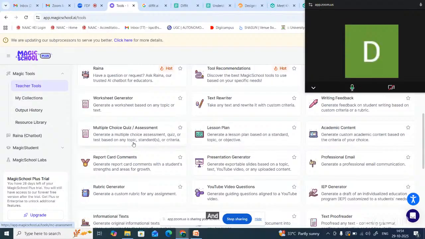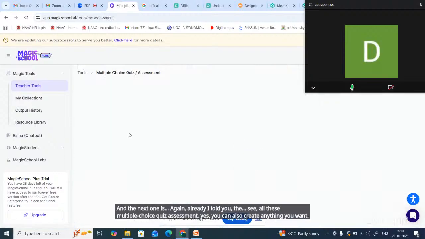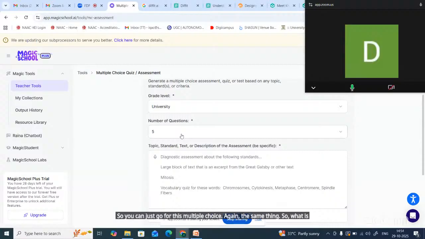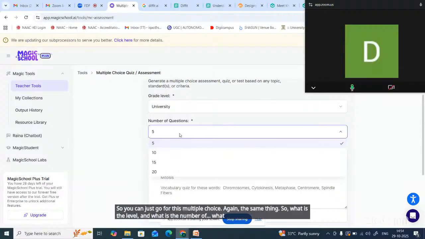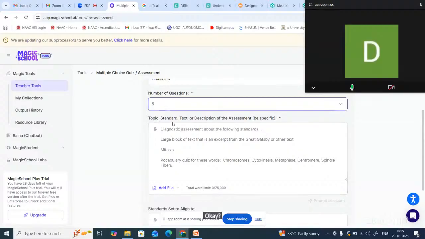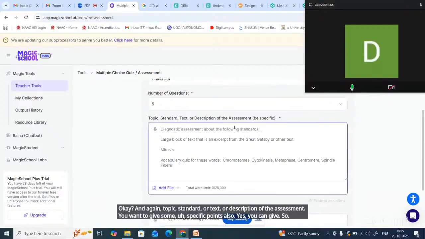And the next one is, again, already I told you, the multiple choice quiz assessment. Yes, you can also create anything you want. So you can just go for this multiple choice, again the same thing. So what is the level and what is the number of questions you need? Okay, so you can just give. And again, topic, standard, or text or description of the assessment. If you want to give some specific points also, yes, you can give. So I am going to give